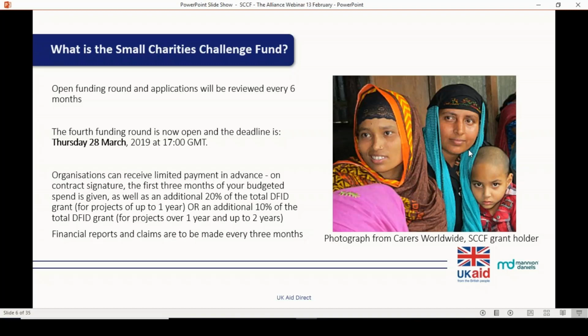In the past, because it has been a rolling application process, some applicants haven't felt in a position to apply, so they've waited until the next funding round. However, this is the final confirmed one, so we would strongly recommend that you go ahead and put an application form in for this final round if you want to be considered, as we can't necessarily guarantee that there will be one going forward.